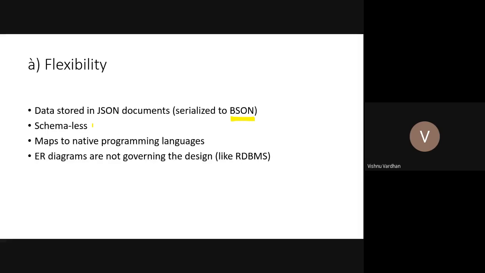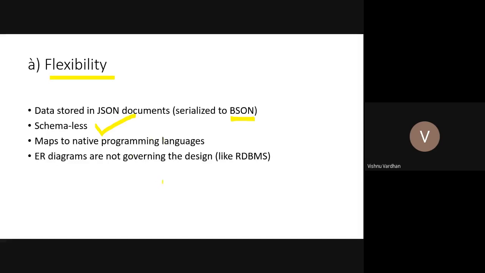In the initial days of your project development, you can have a simple schema for your database, and later on, after 6 months or 1 year of development, the schema may get highly complicated. Still, you don't have to change your original database without any issues. It will work as it is. But in the case of an RDBMS, you first have to change your schema whenever you are going to include further fields, columns, or tables in your database. So schemaless offers high flexibility in MongoDB.